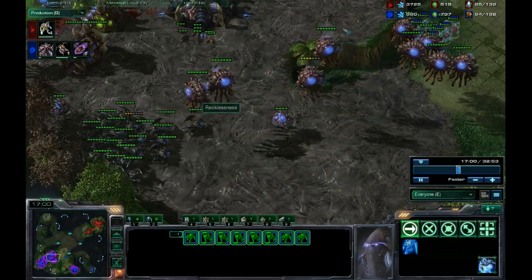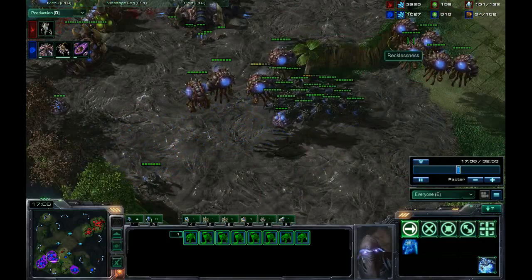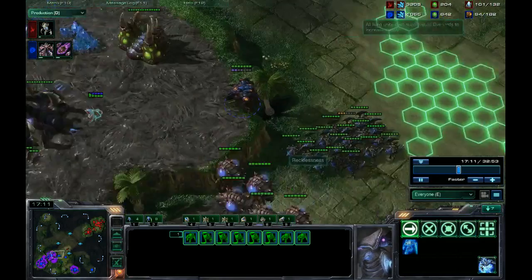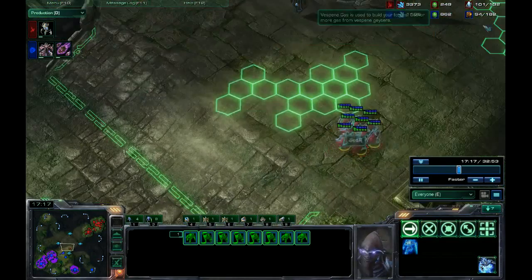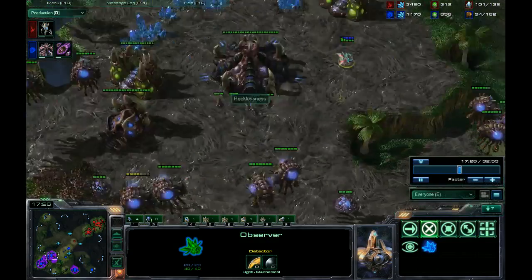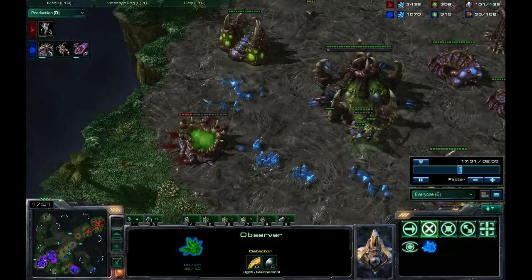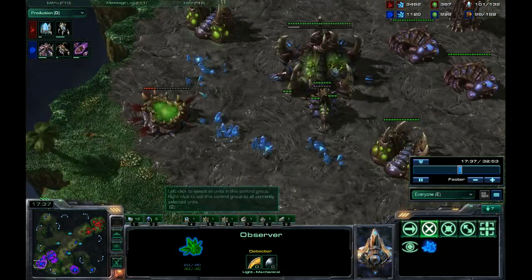But in this case, particularly where he saw Archons, he knows that the tech is at most one little step away from the DTs, and that's such a good follow-up, usually not in this mass, but when he knows that there's no detection here. He's had the observer in the area, knows there's no spore crawlers, hasn't seen an overseer, anything like that, so he was able to come in with the DTs up front, and